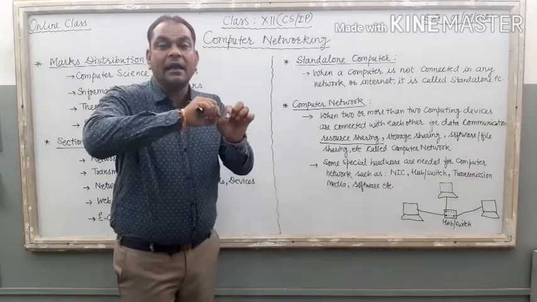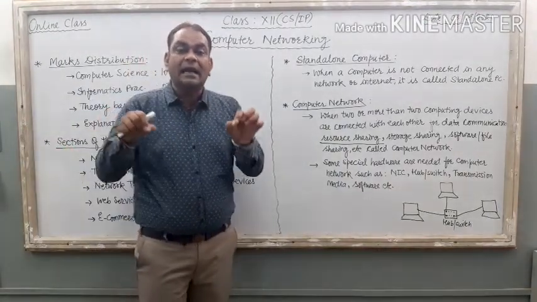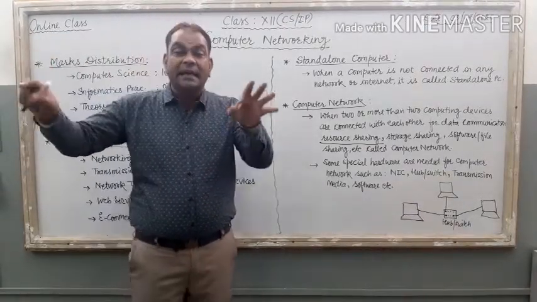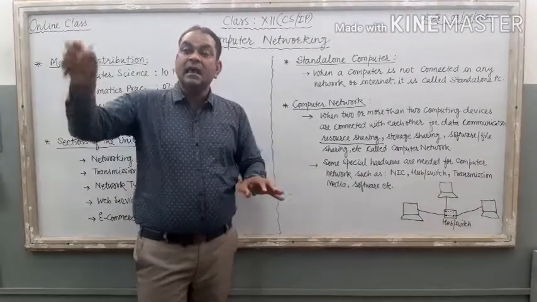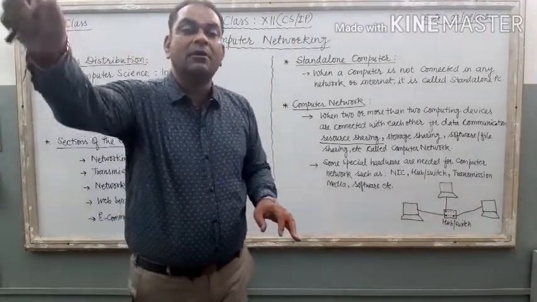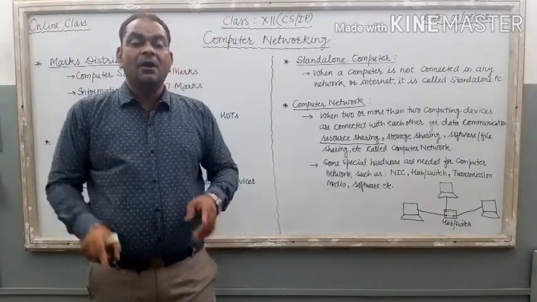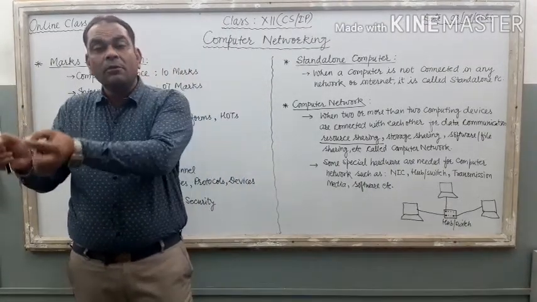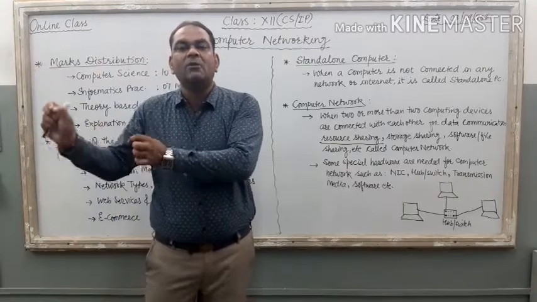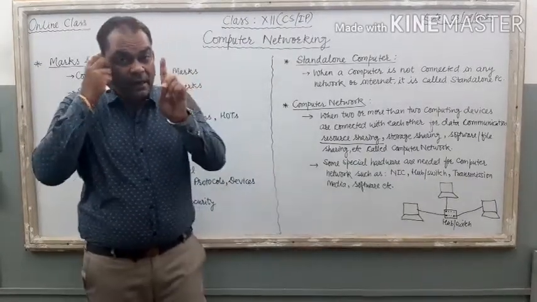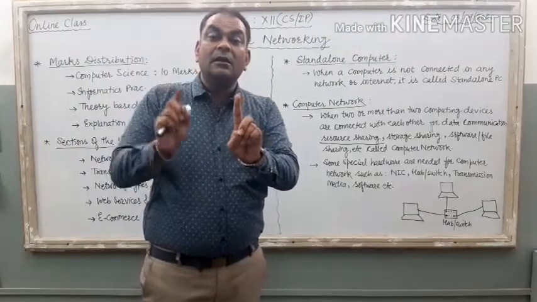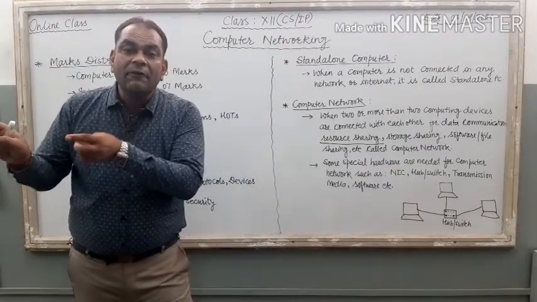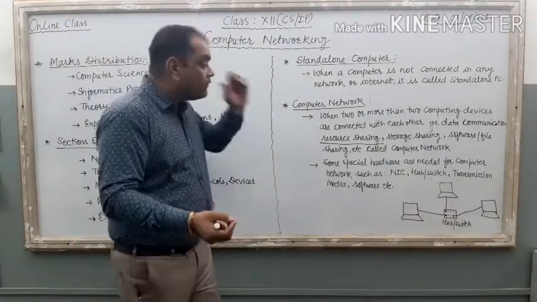Now if I connect all these computers in a network, what will happen? These 10 different computers are connected with each other. They can share their resources. Any one student sits at a particular PC. If he applies the print command, automatically the printer that is connected with a particular PC takes the command and prints out accordingly. It is known as resource sharing. There is only one printer in the entire network, but each and every PC of the network can use the printing facility, right?